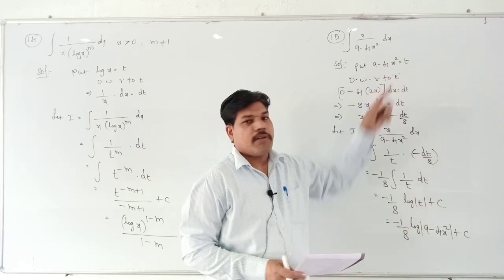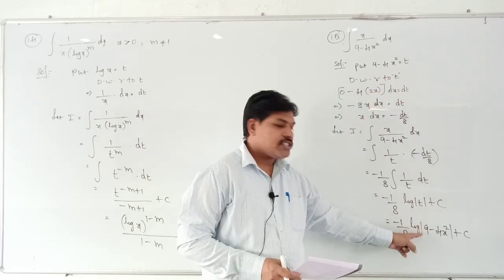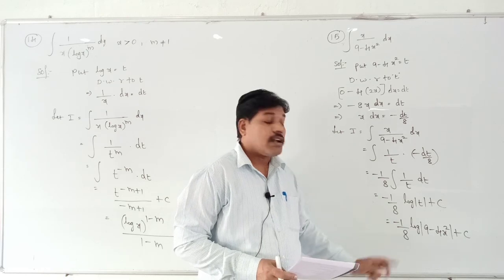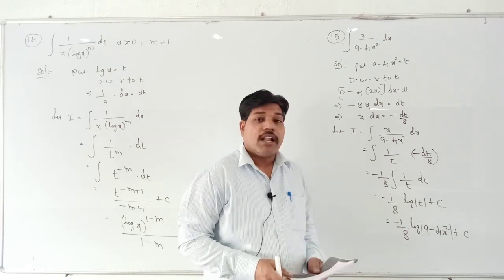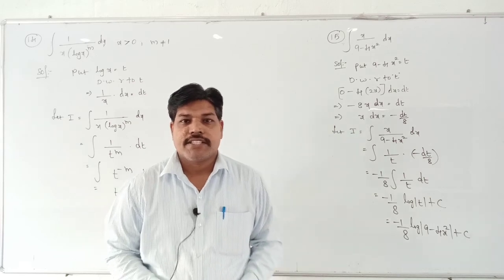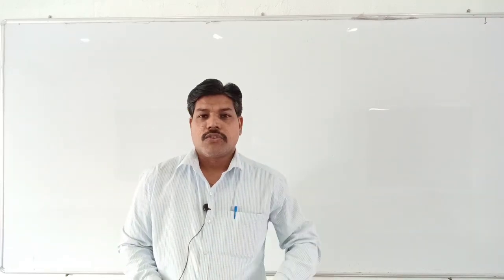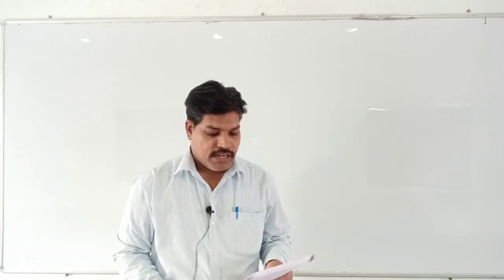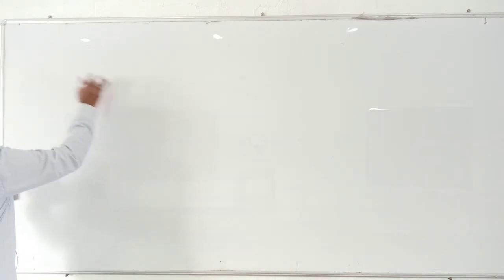T value is nothing but 9 minus 4x square. Just replace the value. The answer is minus 1 by 8 into log of 9 minus 4x square plus c. See that question, students? See the next question, question number 16. So what is the question number 16? So see, students,